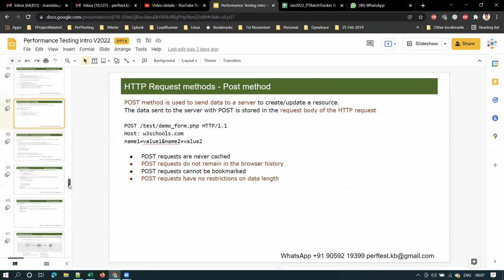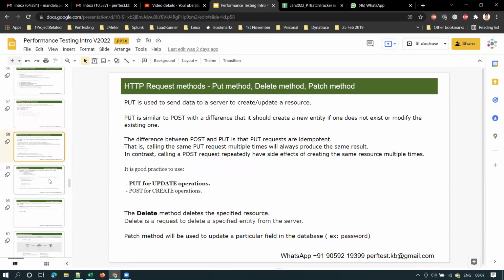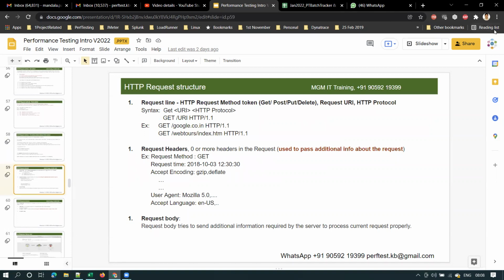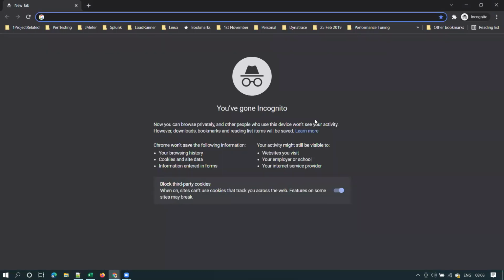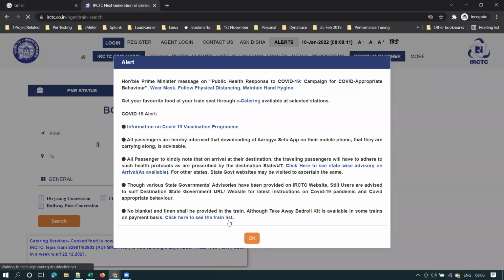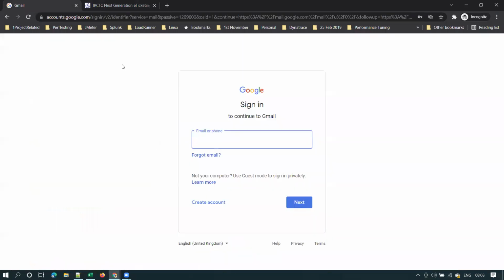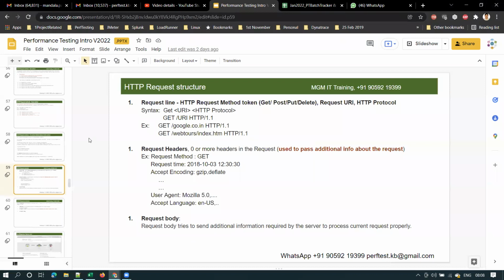So we have been discussing that when we type a URL, we are actually sending an HTTP request to the server, isn't it? Whenever we type some URL like gmail.com or irctc.co.in or any other bank site, you are actually sending an HTTP request to the server. And the response that you get from the server is called the HTTP response. Clear, guys? Now let's understand the HTTP request structure. How does it go, and what is it made up of? What does the request structure contain, and what does the response structure contain?